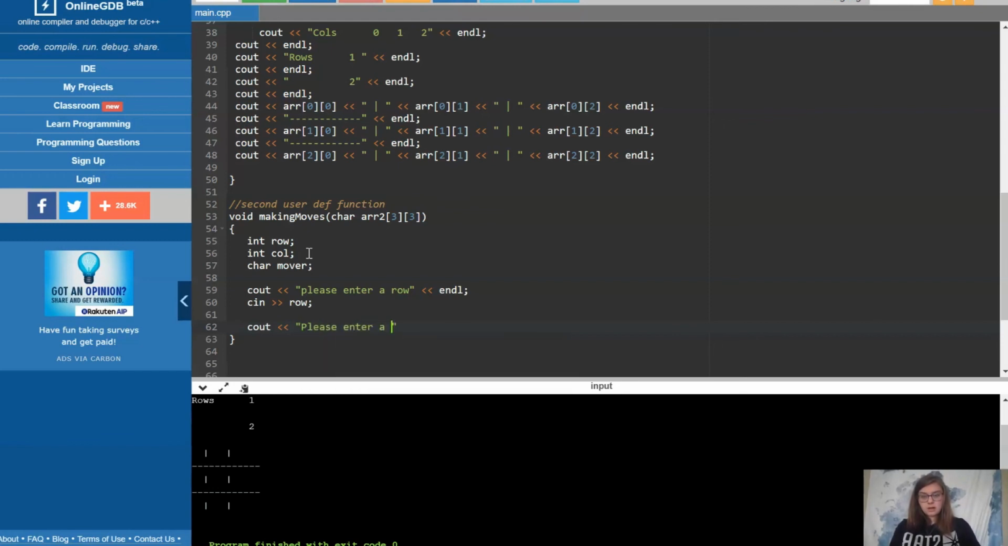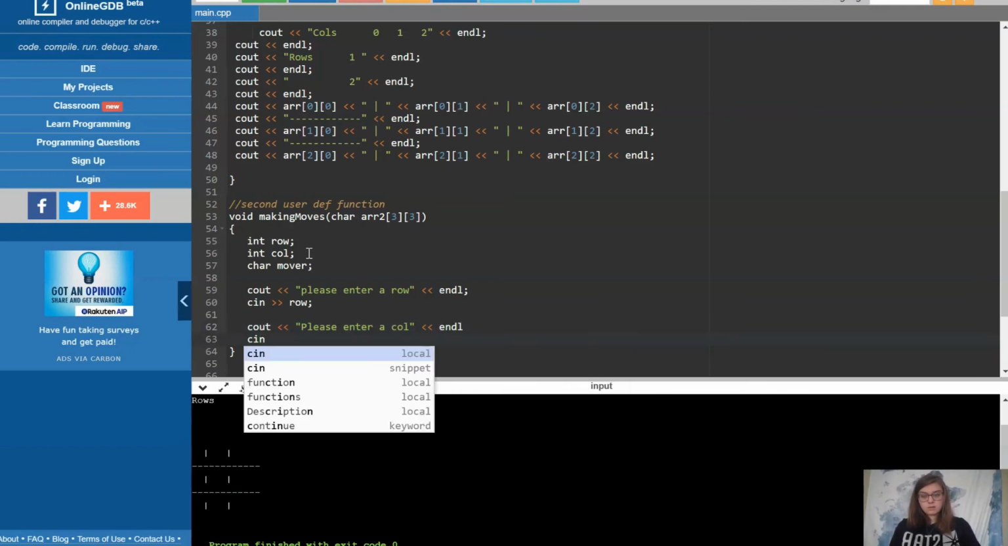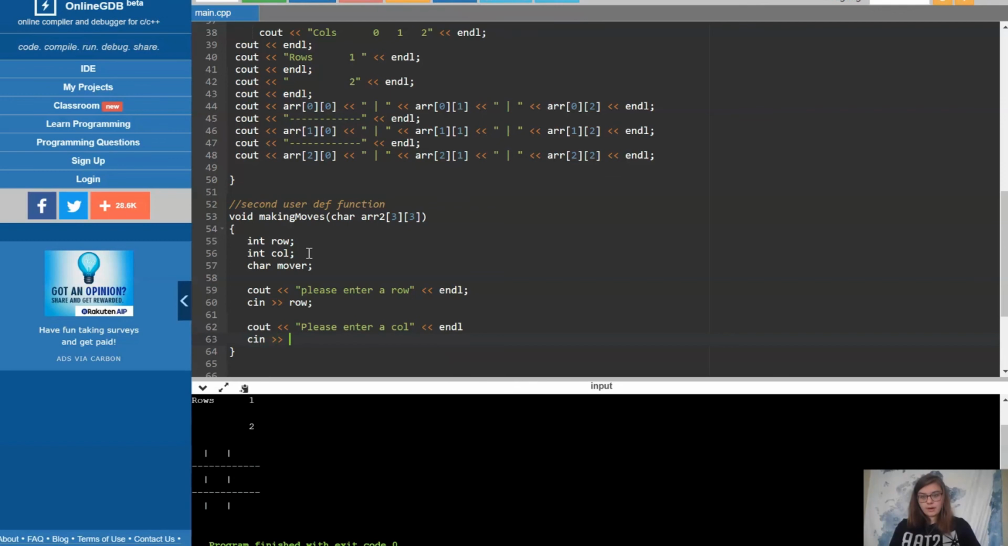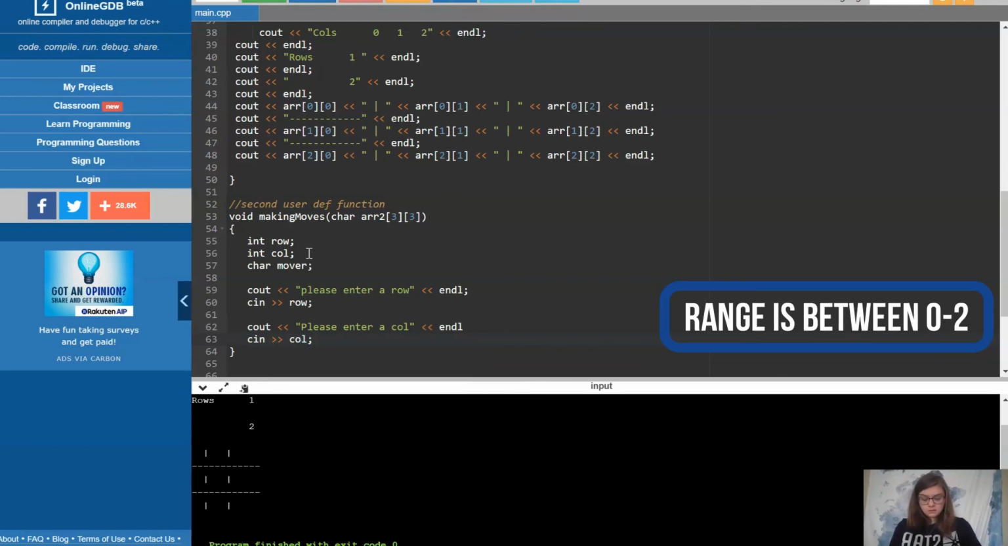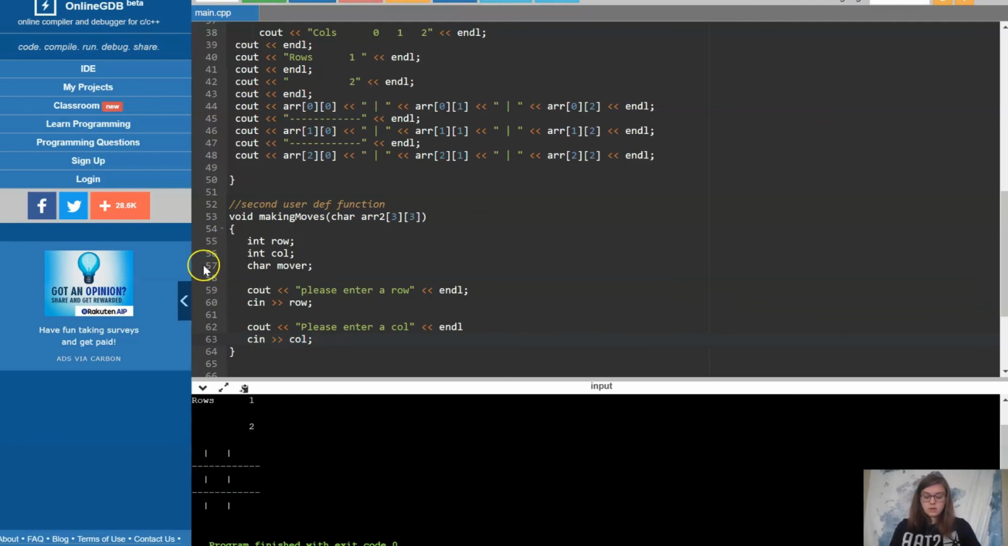Please enter a column. Now you might see a problem with this right off the bat: what if the user enters a row or column that is not in the range? So we need to catch for those errors. So inside,